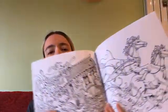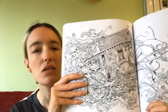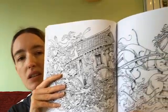And then there's two horses and a carriage kind of thing, like a gypsy carriage. Yeah, I could go on and on and on, but really, like I said, I haven't coloured in one of these pages as of yet, but I will at some point or another. So that was one that was recommended when